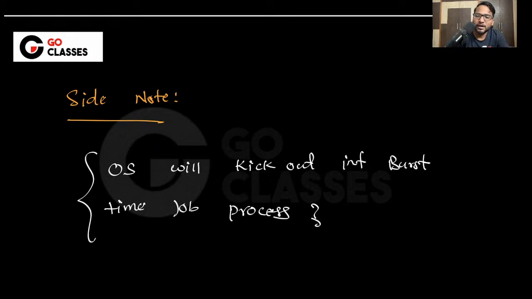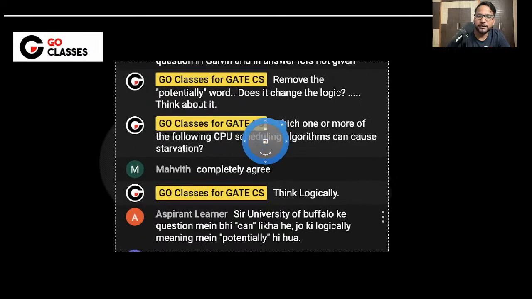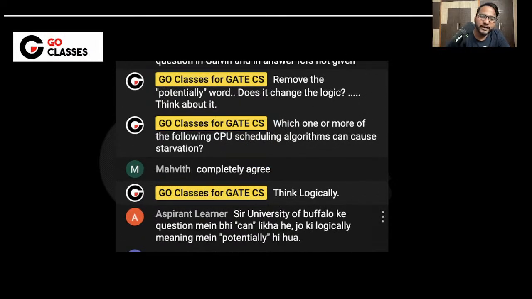Yes. So let me just talk about this word "potentially," and meanwhile you can think about it. You can just remove this word. I don't think "potentially" has anything to do with this. They have written "potentially" only, obviously, like they are talking about the potentially. So let me just talk about it. Just remove this word and let me know what the answer is.